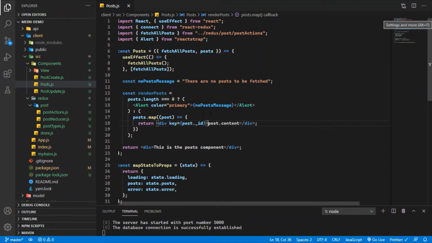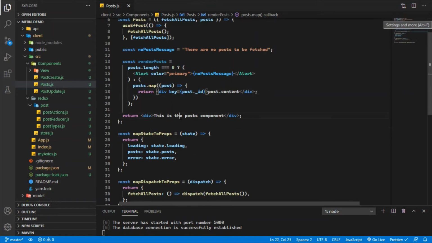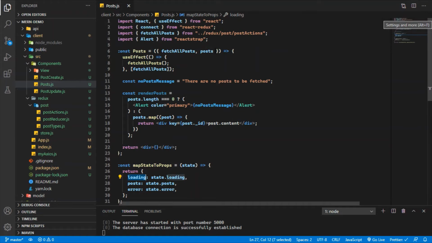And now I'm going to go to the return portion. First I'm going to take the loading and mention it here, so that we can fetch it from the props by destructuring.